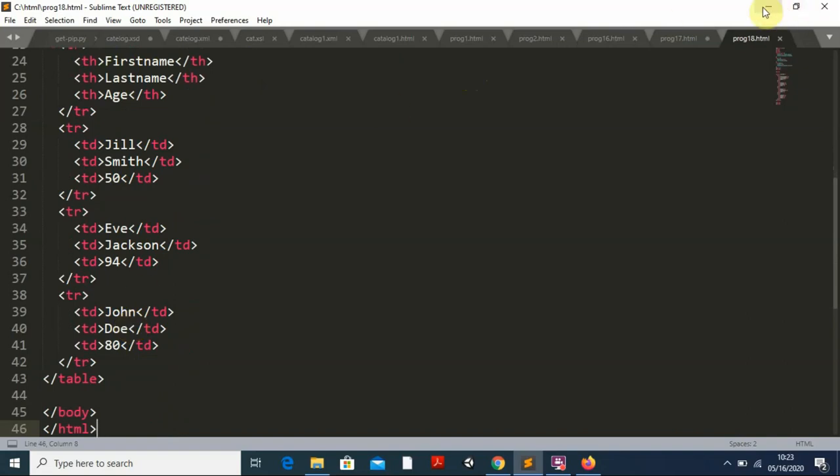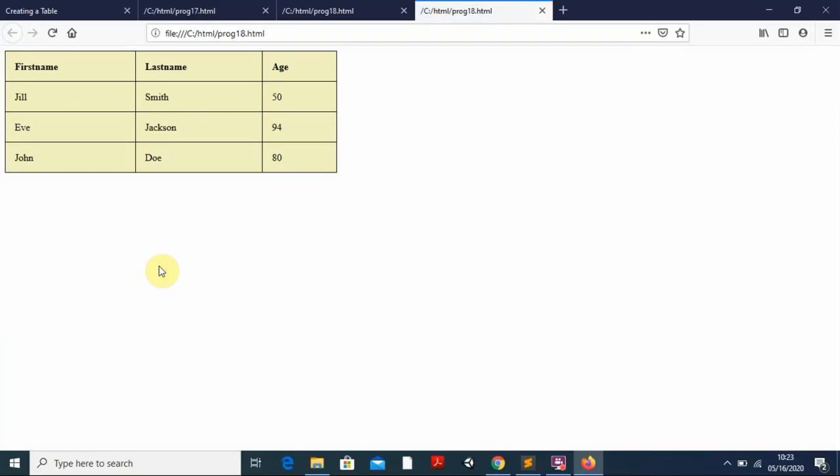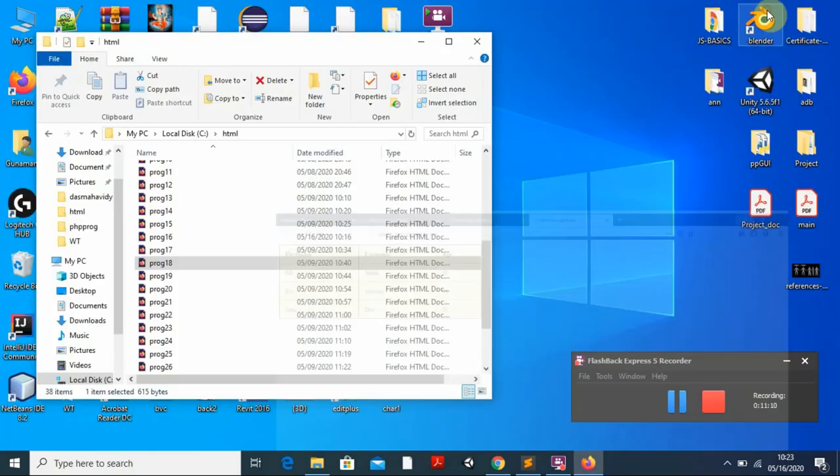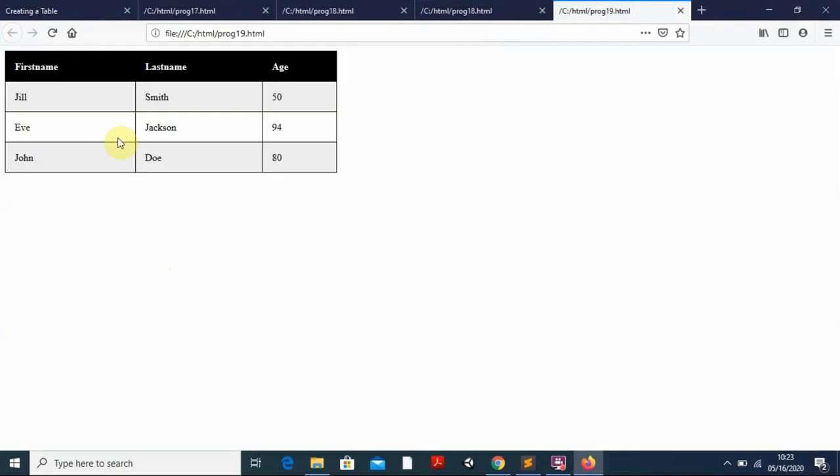And once all of that is completed, you run this, and you can see program number 18 will appear like this. Recently you might have seen in an Excel sheet, some different lines come with different colors. That also you can do. Let us go for another example, example number 19. In this program number 19, I am writing the first row, the heading, in black and white, so the background is black and the font color is white, and the remaining alternate lines in different colors. You can choose any color.